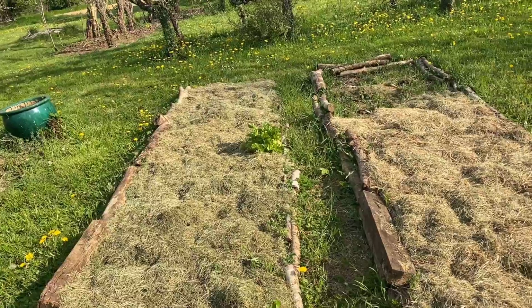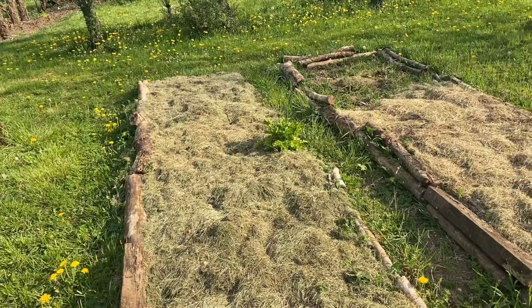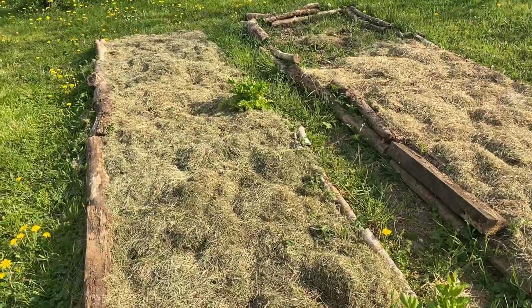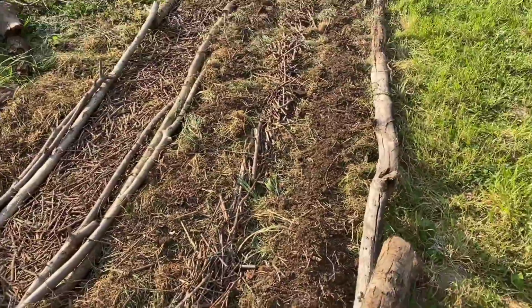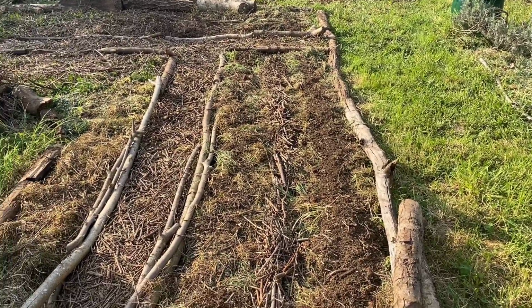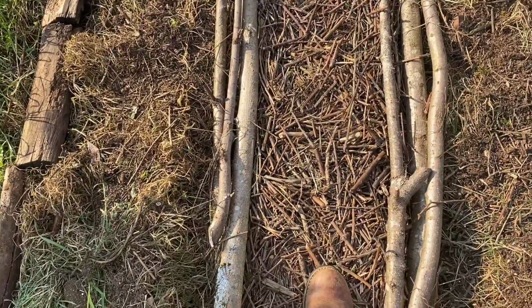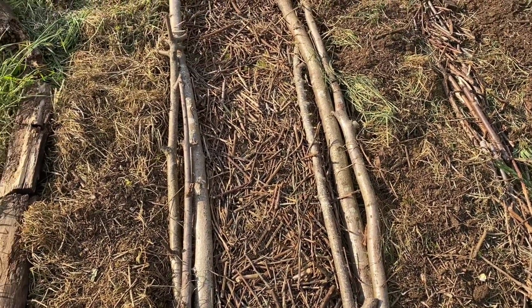a mixture of carbon, which you need. That's what makes the soil really black and promotes fungal growth, which is really good for a lot of things. So carbon comes from branches. You can see the branches. I've been putting branches along the middle, creating beds which will have two lines on either side of the branches that I put there eventually. And also putting a lot of broken branches in the footpath, which goes in between, which will rot as it goes on and feed the roots. That's the idea. And the other layers are